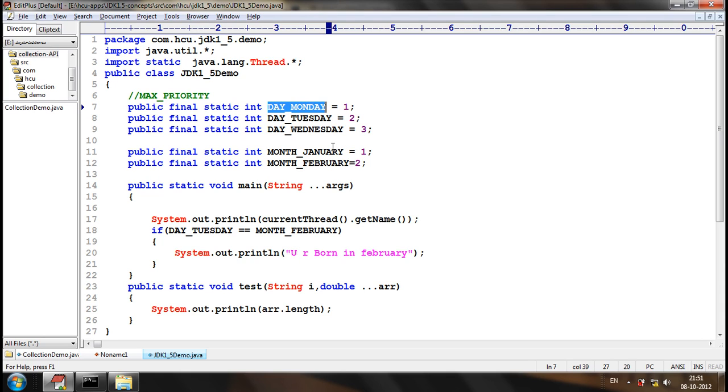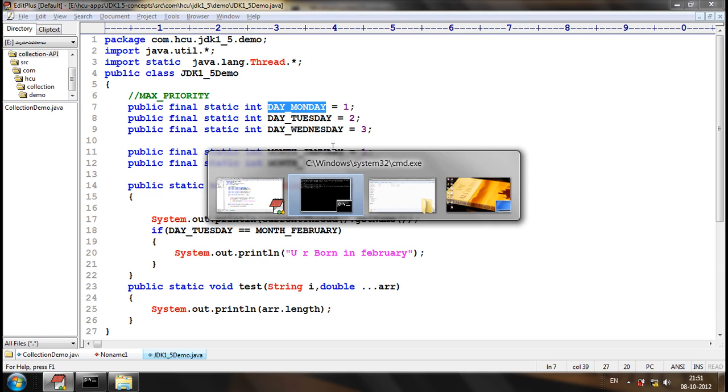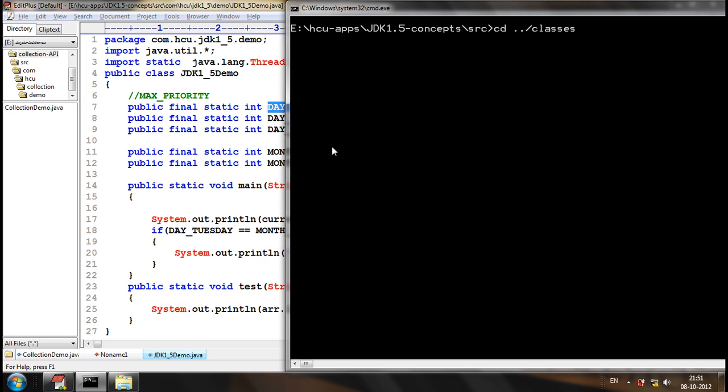Technically they are compatible. As per the compiler and as per the runtime environment they are compatible, just because both are integers. If both are integers, the compiler will allow it to compile, and the runtime environment will allow it to execute the application. This will be successfully executed and what is printed is true. The if block will be executed.